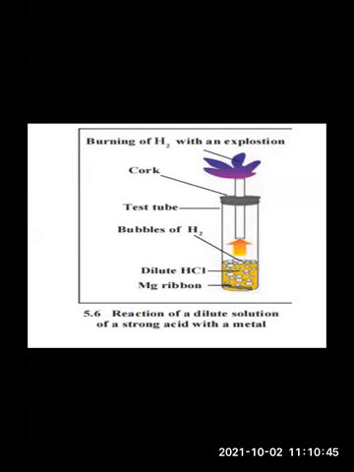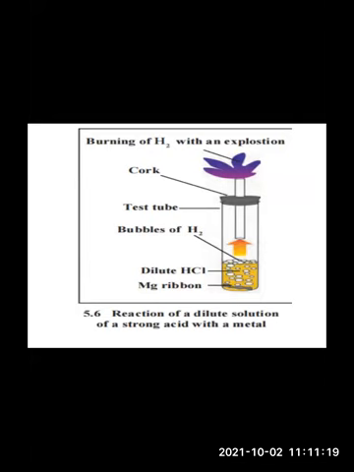So there is a burning of hydrogen with an explosion. How the hydrogen gas is? It reacts and there's an explosion occurring. So what you can observe in this reaction, children? Magnesium metal is reacting with dilute HCl acid and hydrogen gas is formed. So when burning candle is brought near the gas, you have to take a burning candle and bring it near the gas. Okay. So what you find that hydrogen gas burns with a pop sound. There will be a pop sound.